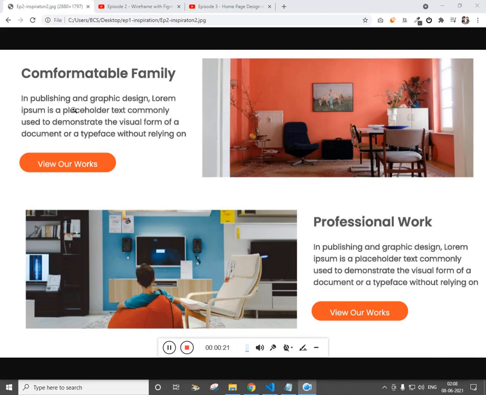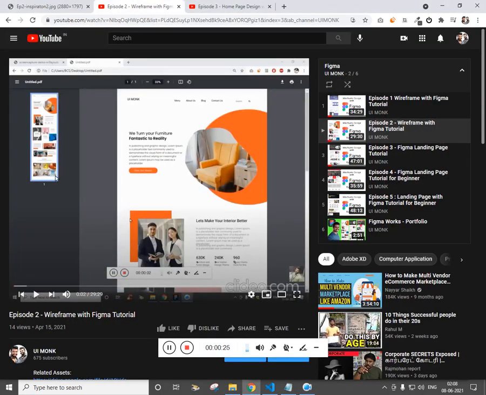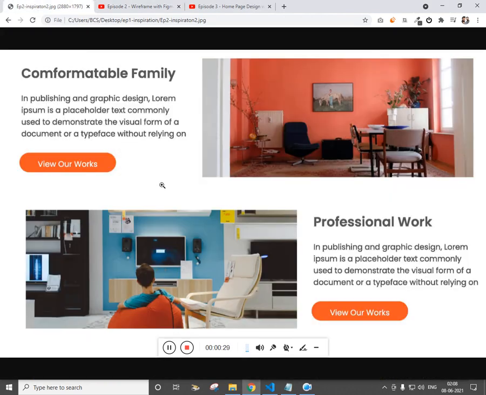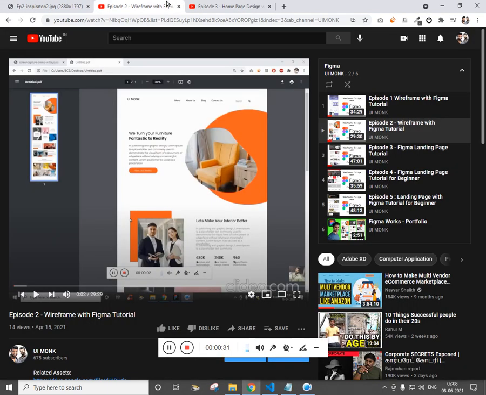In case you are wondering how to create this wireframe, you can learn this in this particular link. We have created a full web page. A part of the web page is what we are converting right now. Now if you see, this section is over here. I don't know if you are able to see it or not, but this is the section we are going to complete right now. I have created this with the help of Figma, so you can learn how to create this complete web page using Figma.